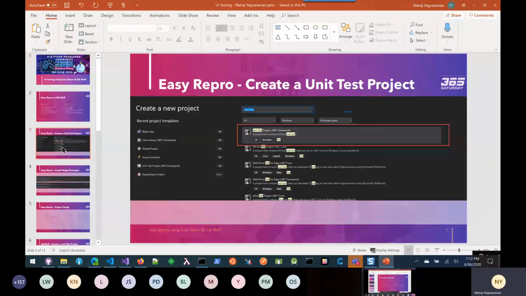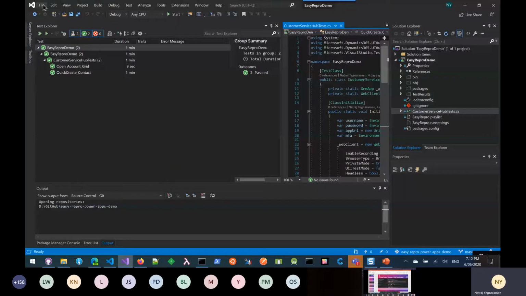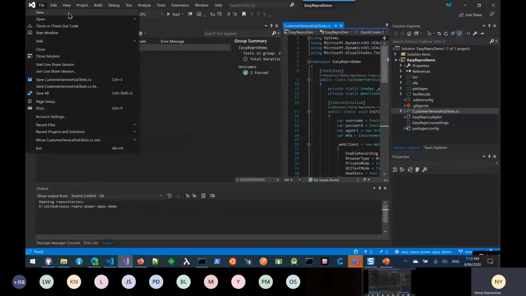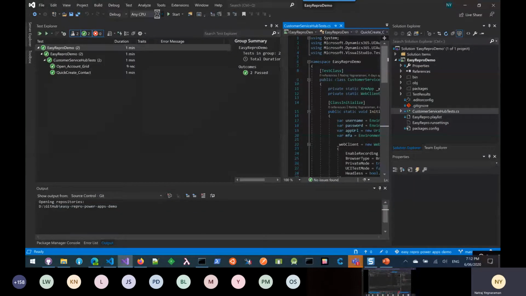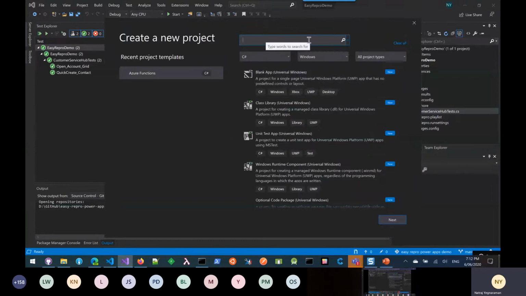So the very first step, Easy Repro. How do you create an Easy Repro project? To begin with, you need to create a unit test project. That is a normal C# unit test project. You go in here, click new and then project, and then if you search for it, there should be unit test. So if I just search for test,